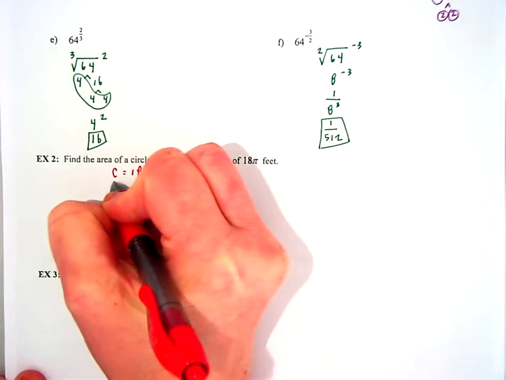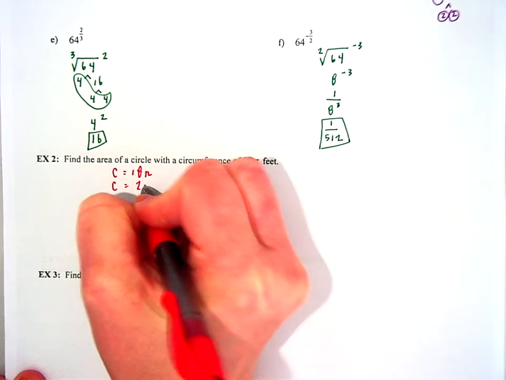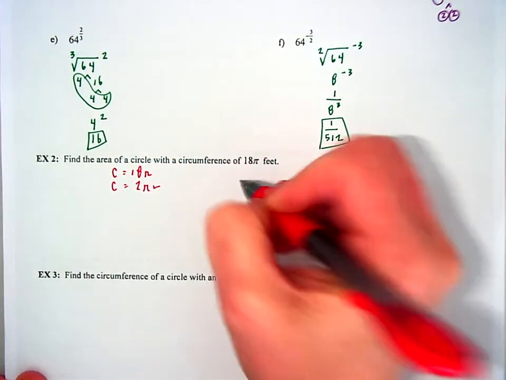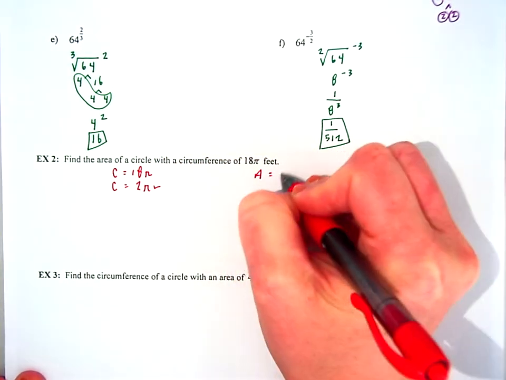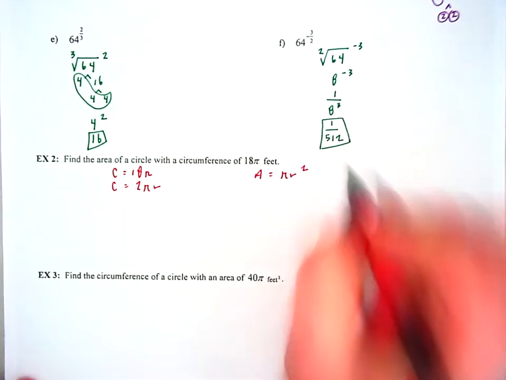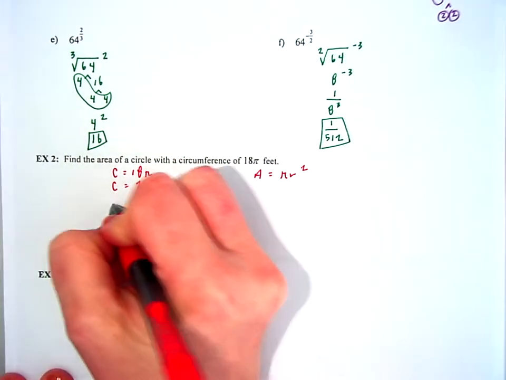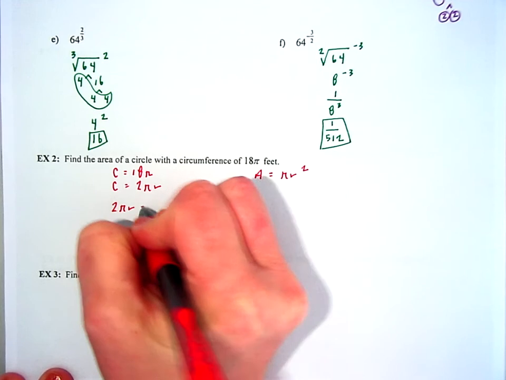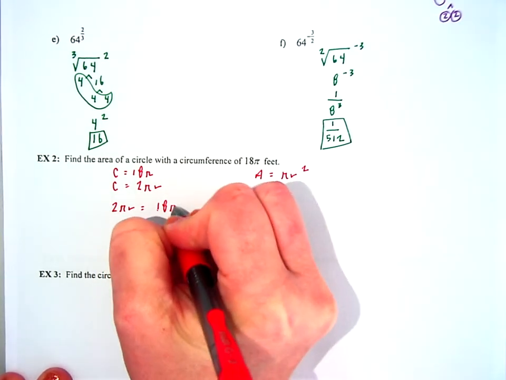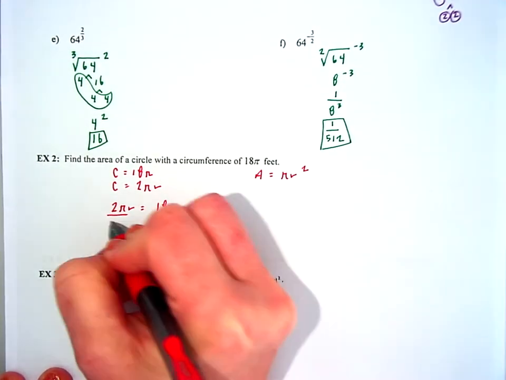We know that the circumference is 2 pi r. Okay, my area, I know that that's pi r squared. So I can see that what the formulas share in common is the radius. So I need to figure out, well, what's the radius of my circle? So if I know that my circumference is 18 pi, and the formula is 2 pi r, I can set 2 pi r equal to 18 pi. And then I can divide each side by 2 pi,